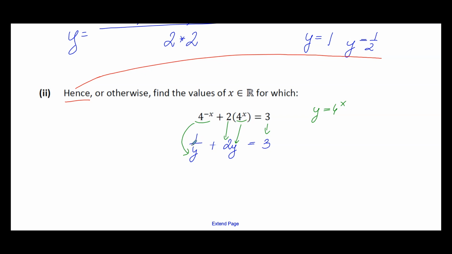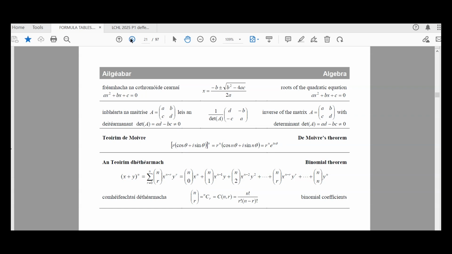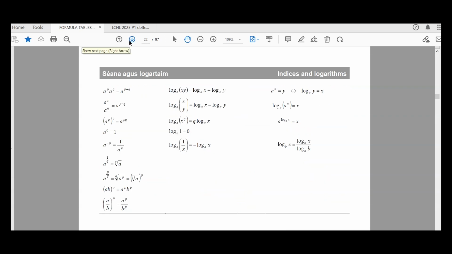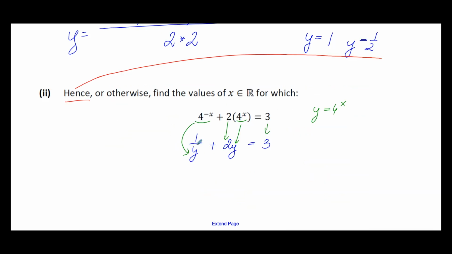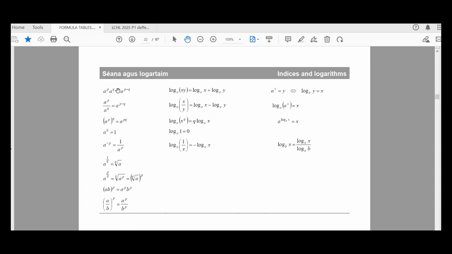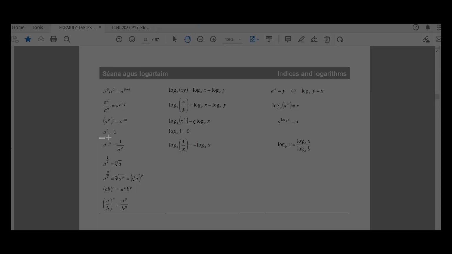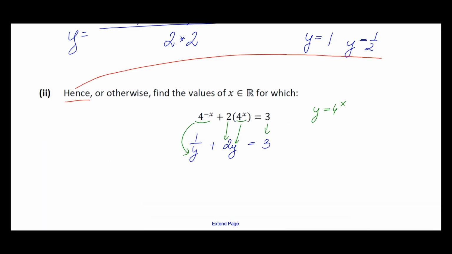It has to do with the powers. I go to my tables, look at the formulas that have to do with indices, and what am I looking for? Either a fraction line or a negative power. Oh, there it is. These formulas have to do with fractions and negative powers. So it's telling me that I can rewrite that,